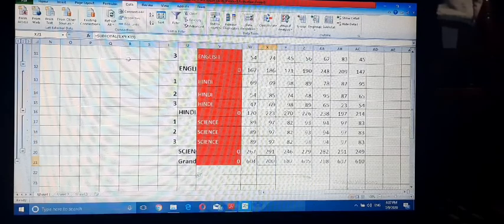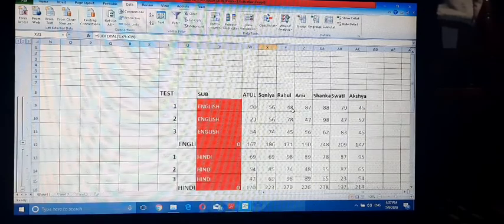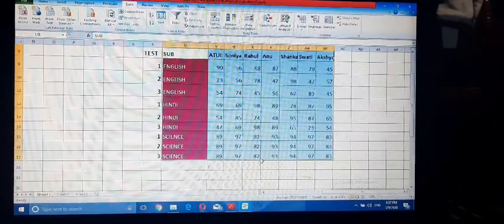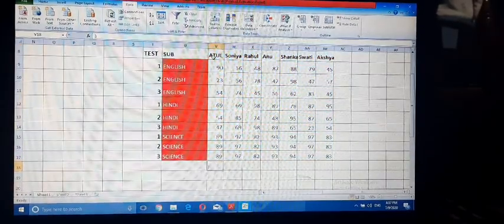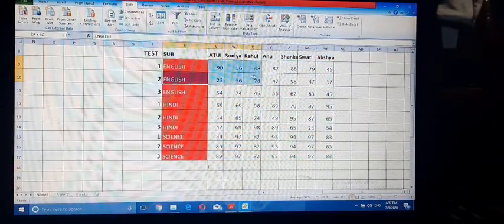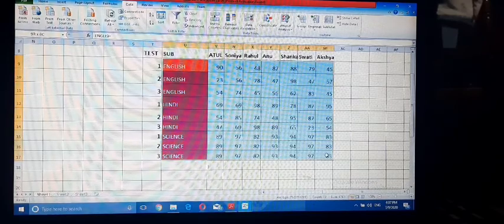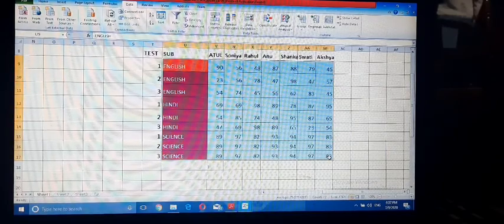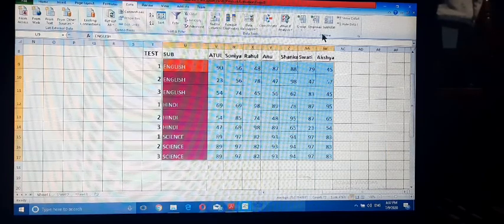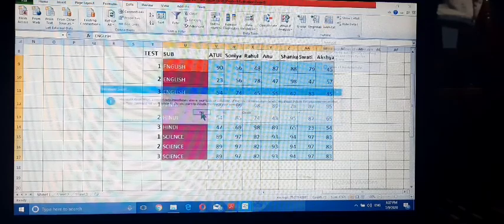The steps: Ctrl Z, select the data including the heading, then go to the Data tab, then in the Outline group select Subtotal.